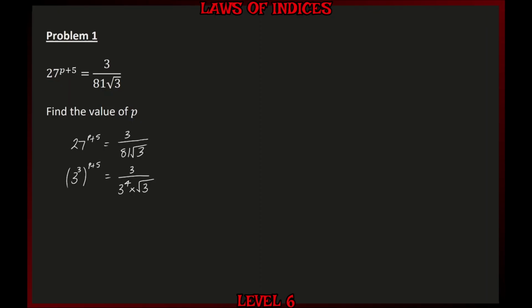Now, looking at the left-hand side, we're raising a power to another power. So we can use this law, which tells us that we need to multiply the powers together to simplify. So multiplying together 3 and p plus 5, we have 3 to the power of 3, and then p plus 5 in brackets, is equal to 3 over 3 to the power of 4